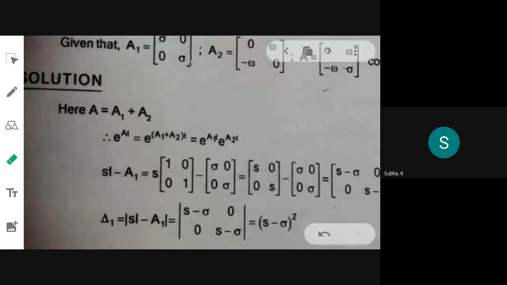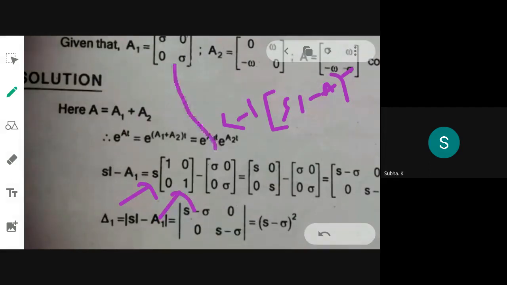As usual, here they have not specified that you have to mandatorily apply the two methods. Any method you can employ. Since the inverse Laplace transform technique is easy, you are going by the inverse Laplace transform technique, that is by L inverse of (sI minus A) inverse. This formula you are using is the second method. So you know the usual procedure. Yes, you are retaining this as your unity matrix and the given value of A1. And the same procedure you have to do for A2 also. Then you have to multiply these two matrices. Finally, you will be getting e power (A1 plus A2)t together. This is by one property only.